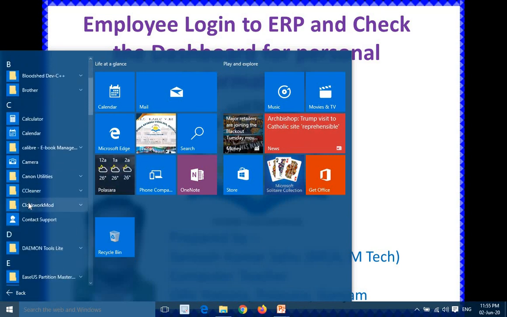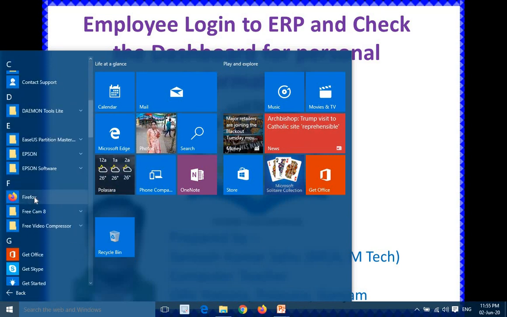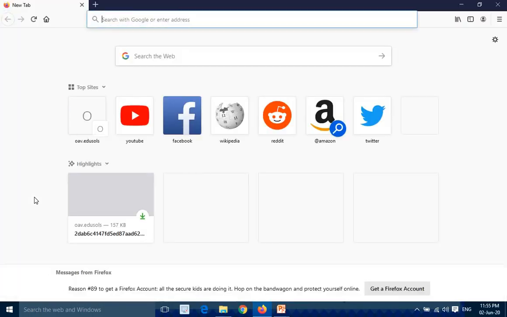Here I tell you the browser in your computer, because many of our colleagues are trying to open the ERP in the browser on their mobile phone, but maybe the ERP website is not activated for the mobile browser. That's why when you open the website, the website will open, but the problem is you cannot enter the user ID and password because the username and the password boxes are disabled in the mobile browser.